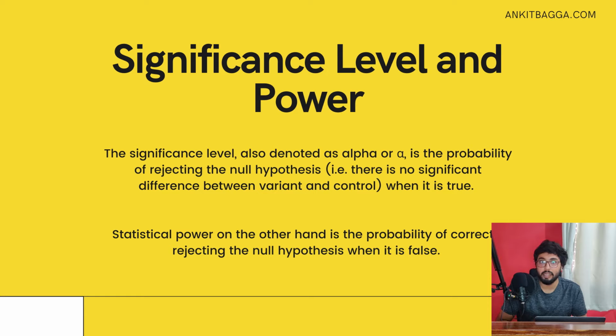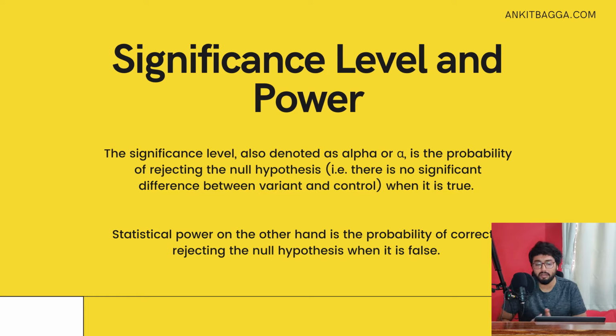So we are saying there is in reality no difference between A and B, but we are rejecting this, saying it's either A or B which is winning the test. This is one of the common things. If we take care of significance level in our test, we should not be incurring this error in our A/B test. This typically is at 95%. So we are 95% sure. We are still leaving 5% on the table, but we are 95% sure that the results coming from the test are actually true.